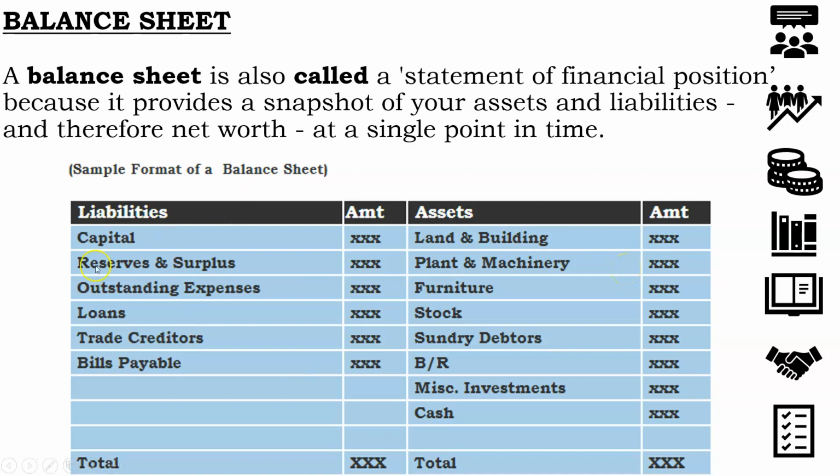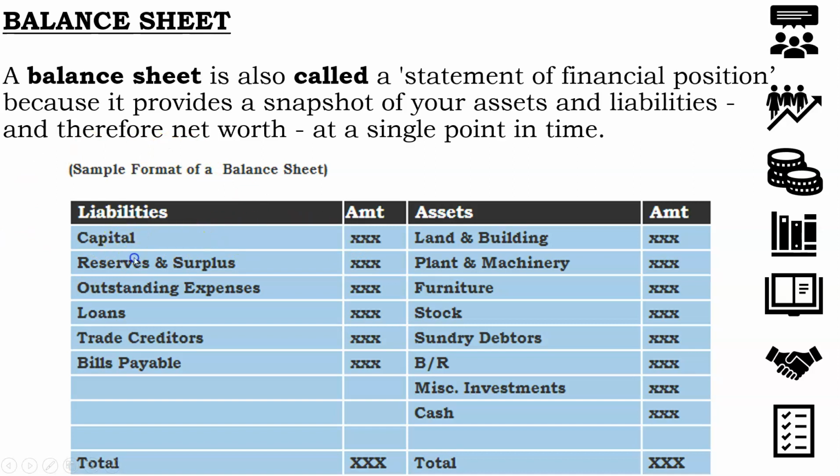And liabilities, these are the obligations of the owner or the business, you can say. Capital, as I told you, business and the person doing business are two separate persons in the eyes of law, and the balance sheet is created for the business entity. So if we are maintaining an account of what the obligations and assets are of the business, then we will say the liability arises towards the owner as well. Therefore the capital has been shown on the liability side of the balance sheet.